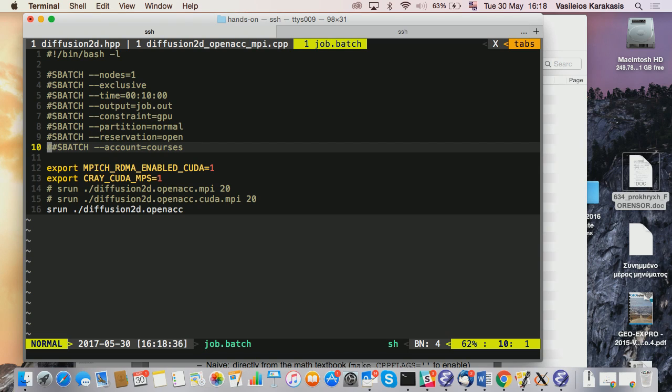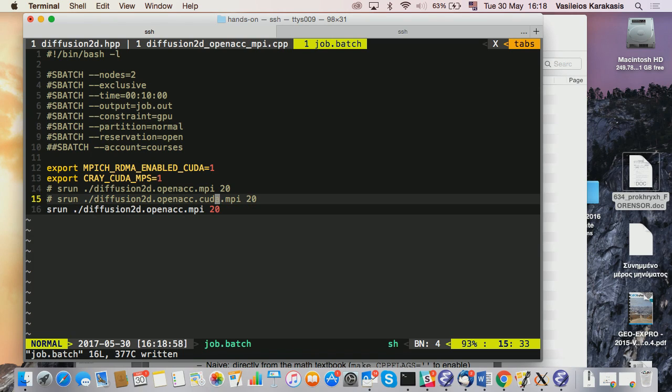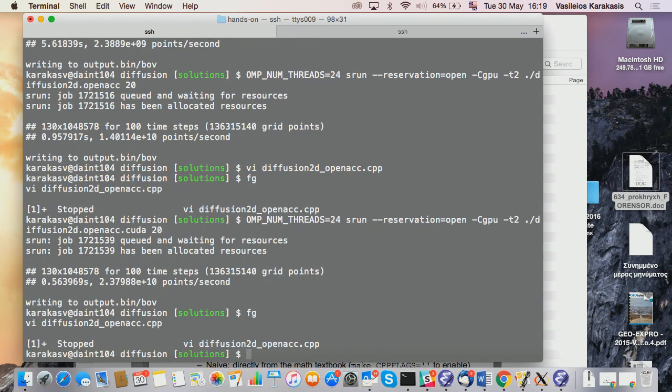So the job script here, I have to change to 2. And then I can use a large one, and if you run on a Cray machine, or if the MPICH implementation supports RDMA, then you have to export this variable before running. If I comment this out, then I will get a segmentation fault, and I can show you. And yeah, so now I'm gonna run this thing,